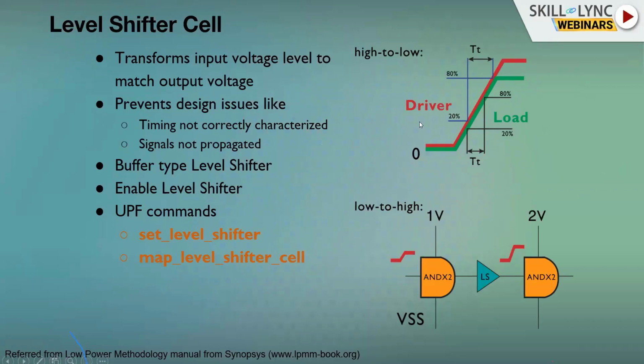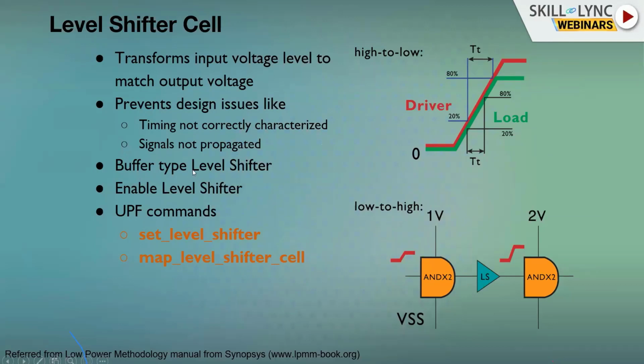Then coming to level shifter cell. A level shifter cell is mainly used whenever you are level shifting from high voltage to low voltage or low voltage to high voltage, vice versa. If you see here, there is a 1 volt and a 2 volt design, running at different voltages. This is a multi voltage design, and whenever you are crossing between them, you have to put a level shifter. Here it is low to high, because it needs to understand that whatever you provide as 0 is understood as 0 here, and whatever you give as 1 is understood as 1 here.